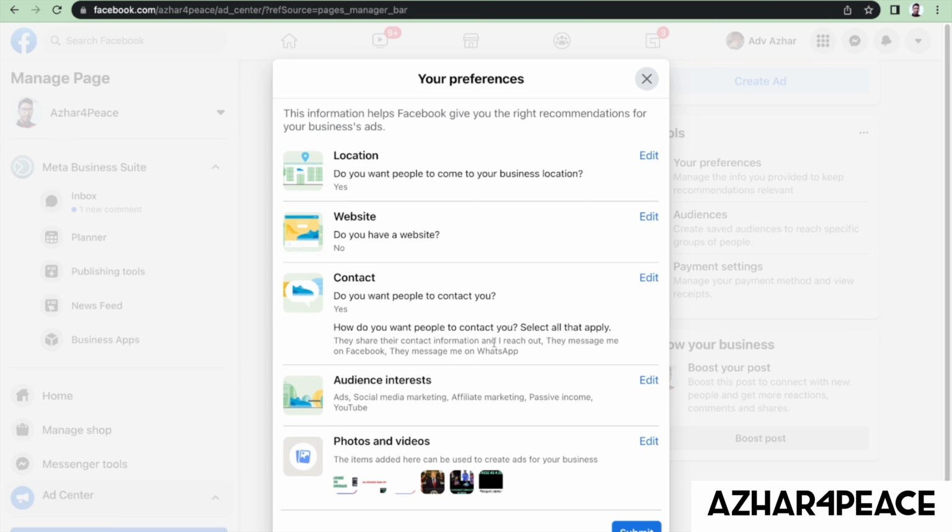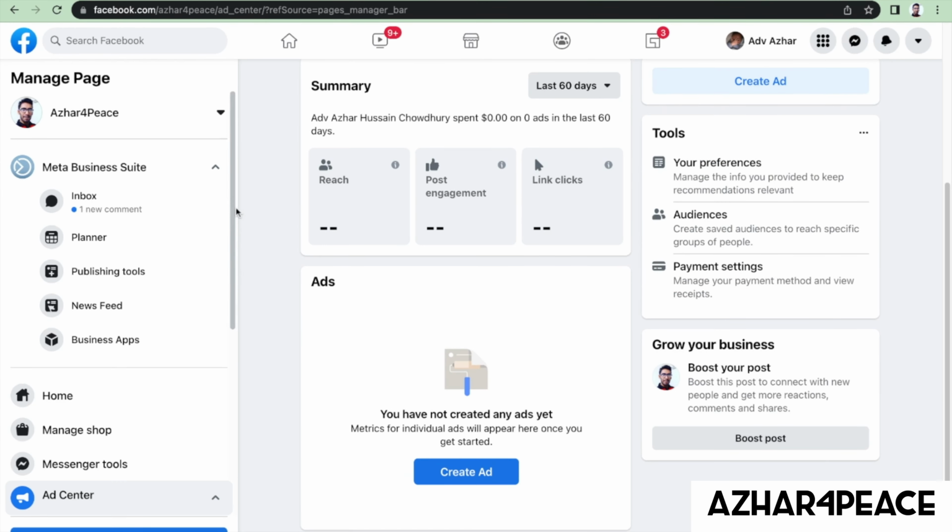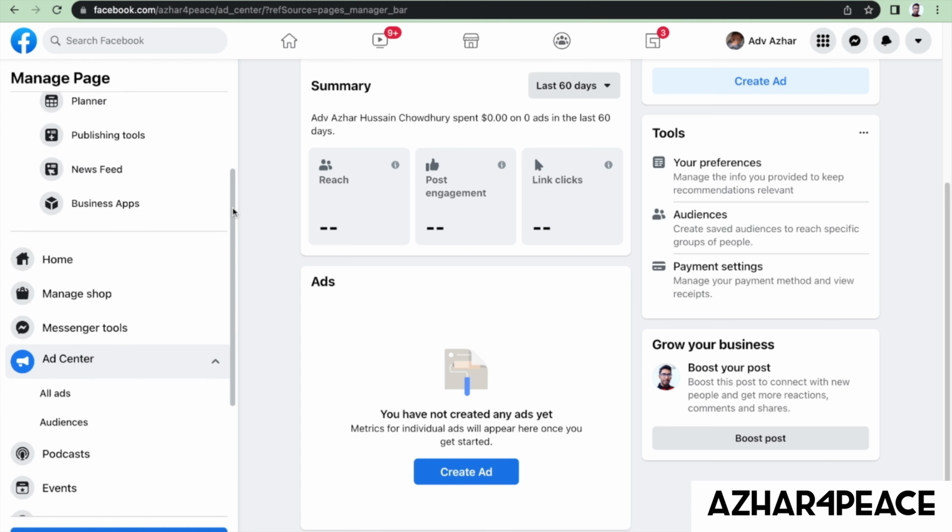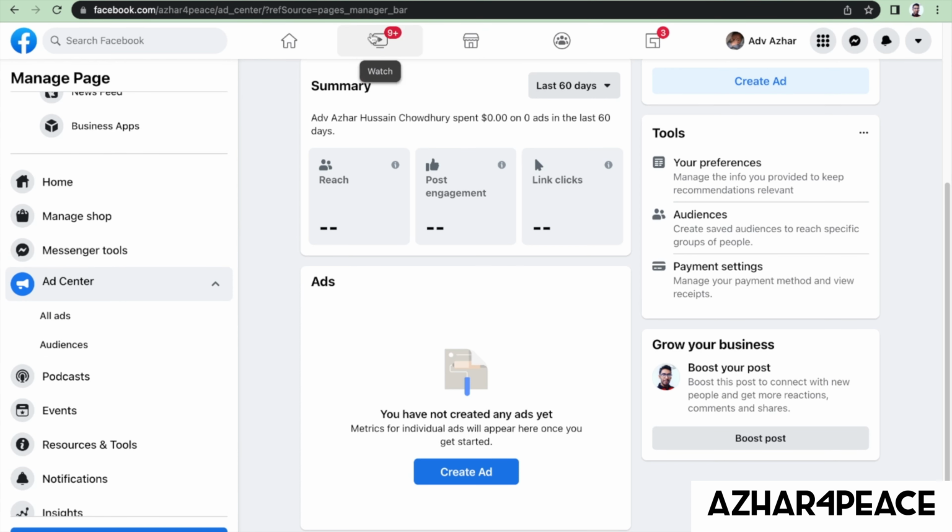It's going to ask you all this information and try to understand how you want to run your ads, and you can set your photos and videos in here. What I was trying to say is I was trying to get all the information in here.